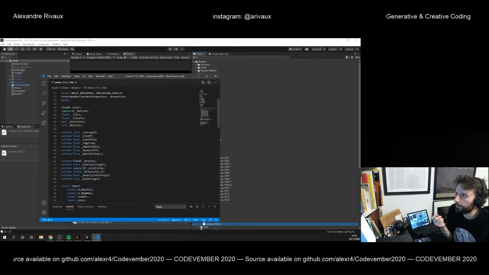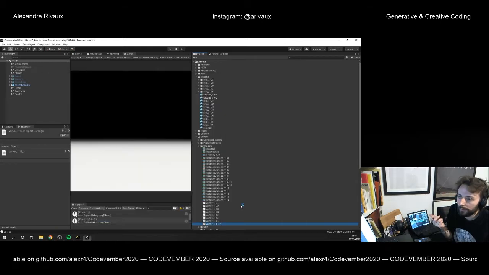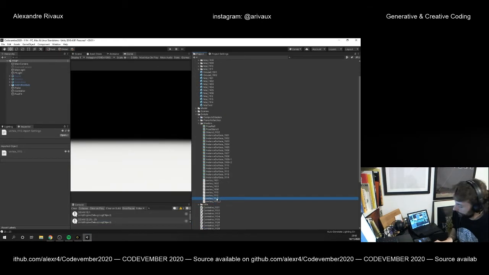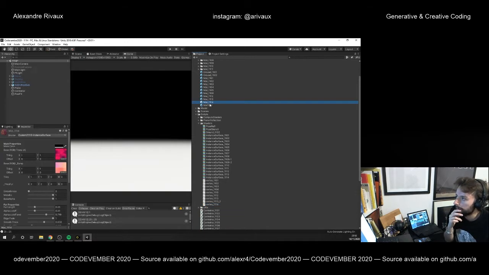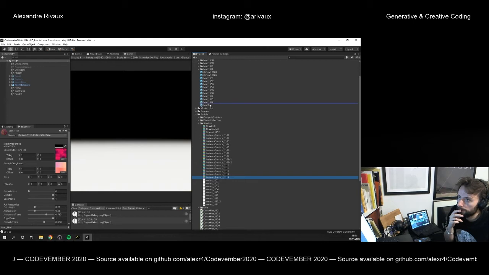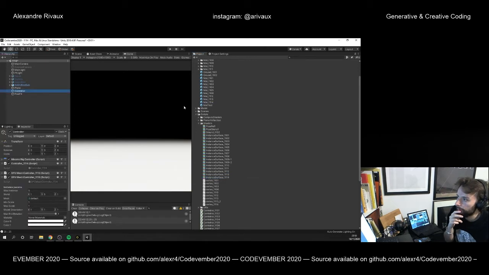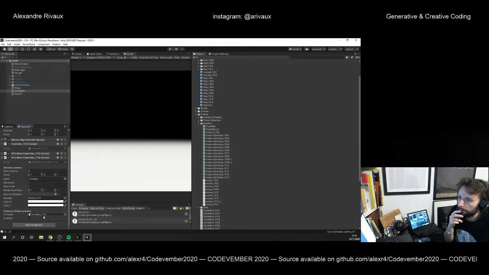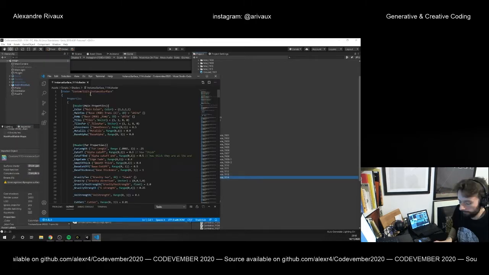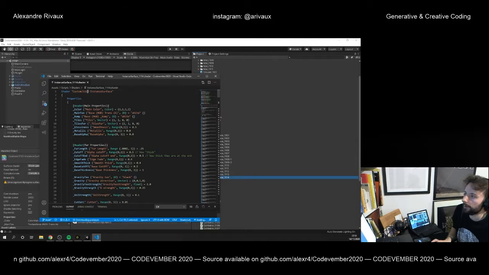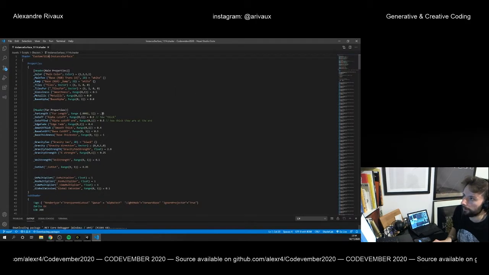So I want to add various things. I will need to duplicate a lot of little things here. So this is basically this one, so no problem. And if I put this here, and if I open my script here and recompile everything, okay,